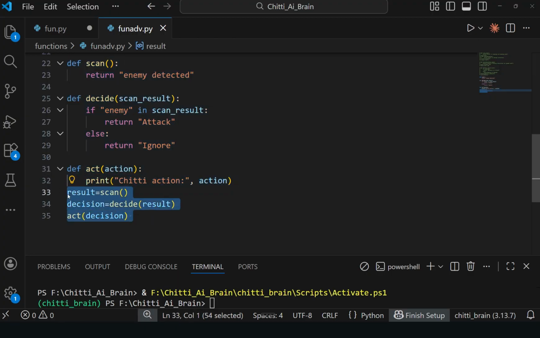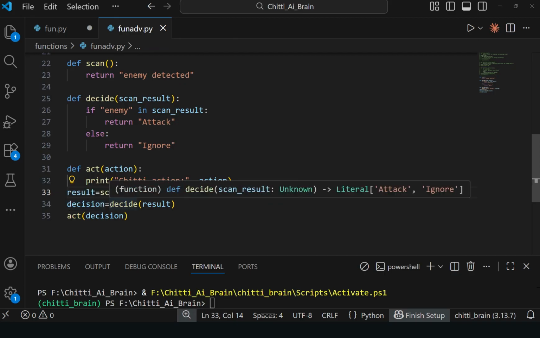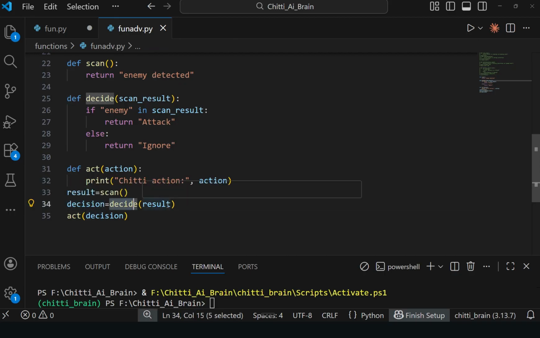We are calling the first result. Which result? The scan result. If the scan result says an enemy is there, based on the result we have to take a decision. Now the result is enemy detected, right?